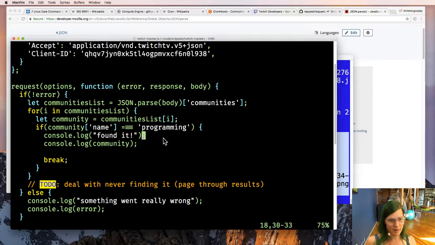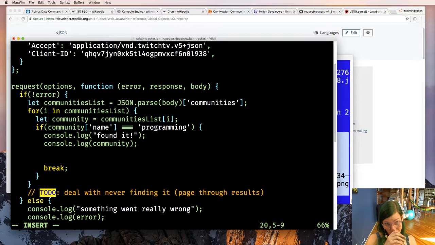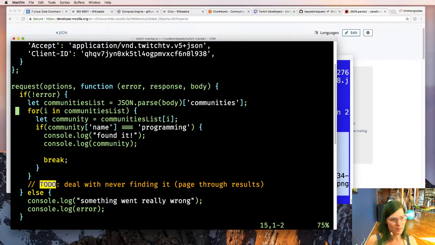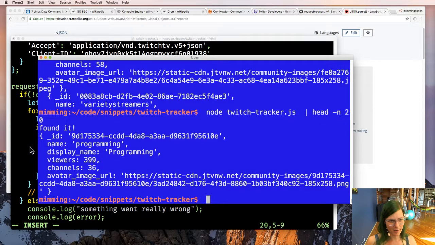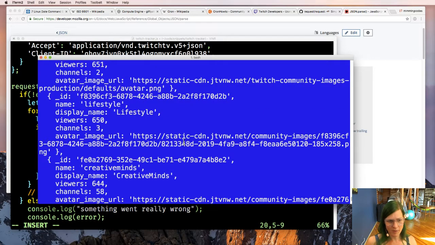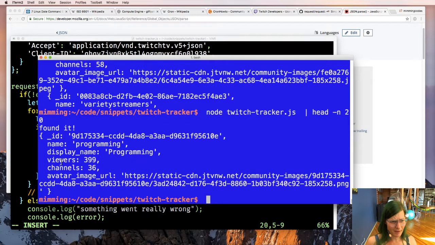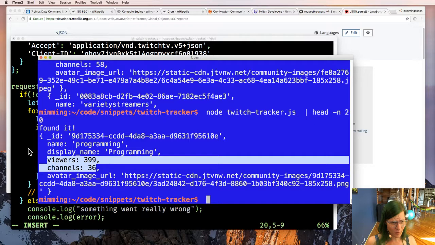Now what I'm going to do is, scoping is function-level anyway in JavaScript, so I can just declare them here. Because JavaScript's insane. Scoping is weird in JavaScript, something I'll never really get my brain wrapped around. Okay, so viewers and channels.